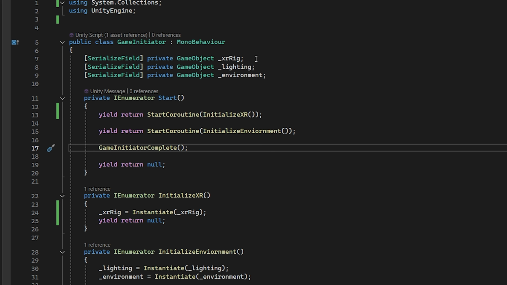Obviously, we have references to all the game objects we need. In the start function, we make it an IEnumerator. That way we can wait for each one of these initialization processes to finish, and we start the coroutine initialize XR rig. We just instantiate it. And then we have another coroutine initialize environment, which will get our environment up and running,